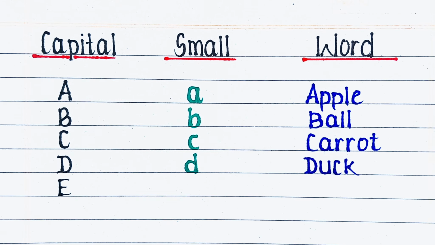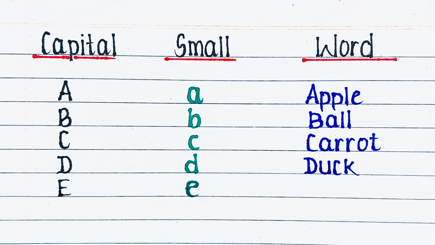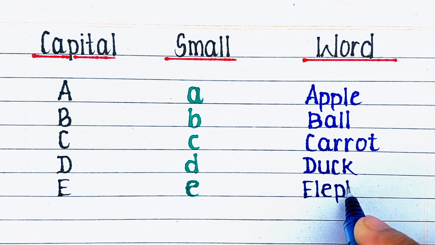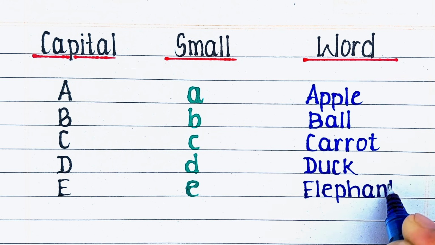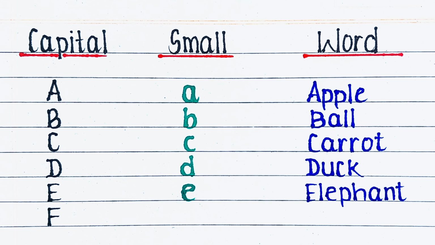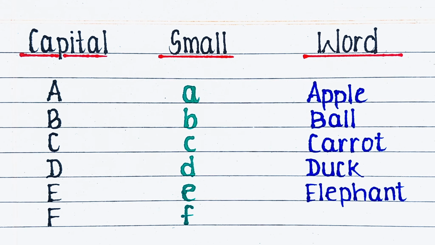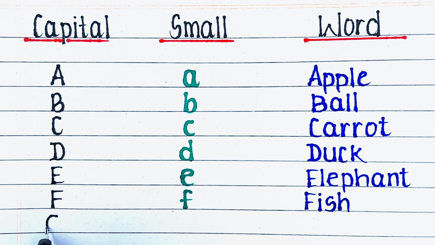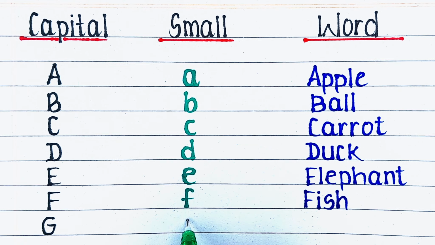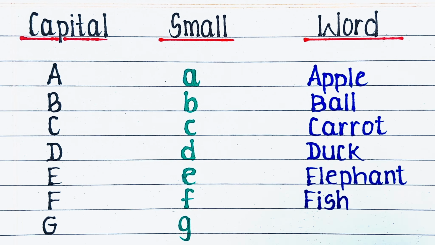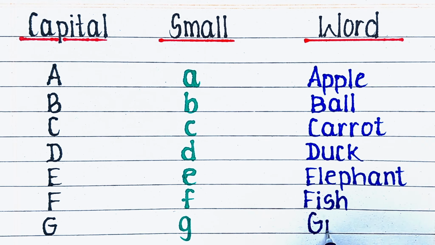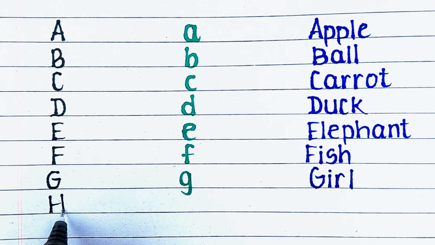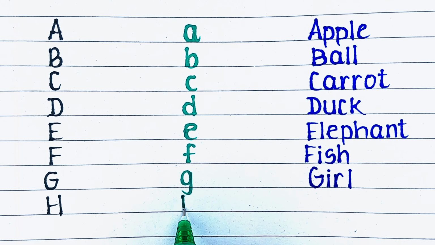Next is capital E, small e, and the word starting from alphabet E is elephant. Next is alphabet F, capital F, small f, and the word is fish. Next is capital G, small g, the word starting with alphabet G is girl. Next is capital H, small h, and the word is